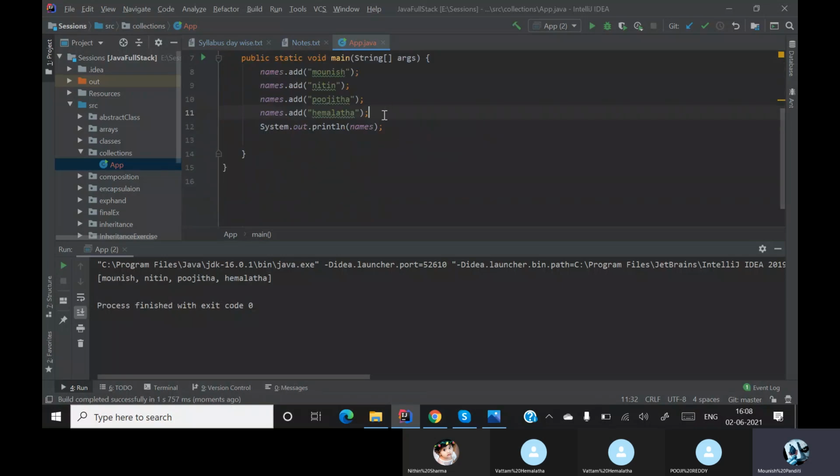So can I access a single element from this? Can I say names of 0? It is giving me an error. Okay, it is telling me it is not a list, it is an array list. If it is a list or if it is an array, you can access it by just having the